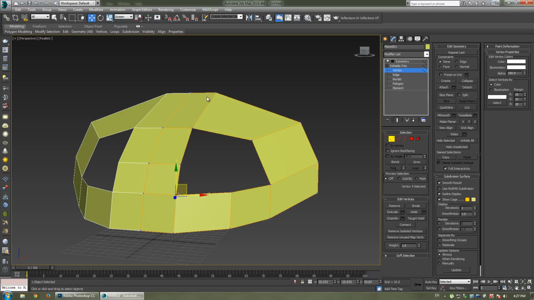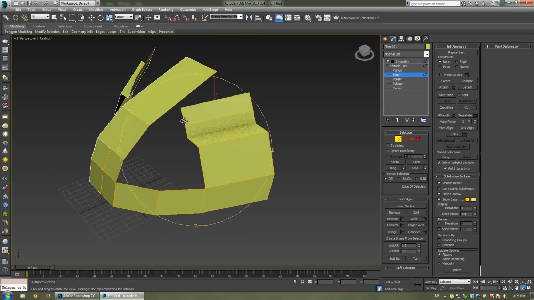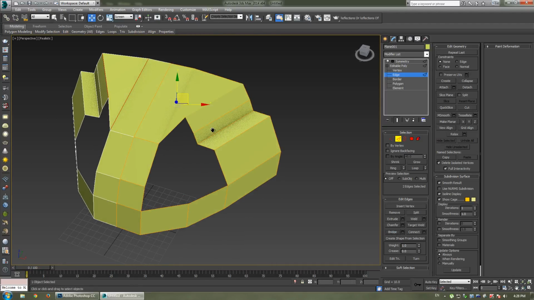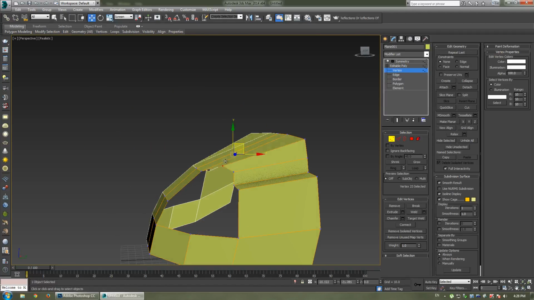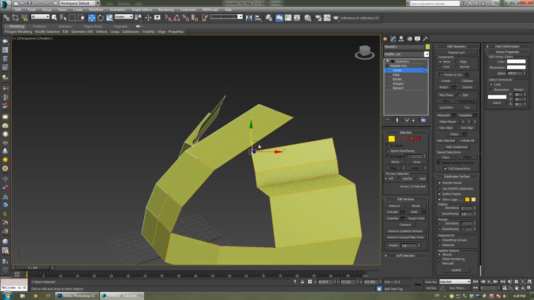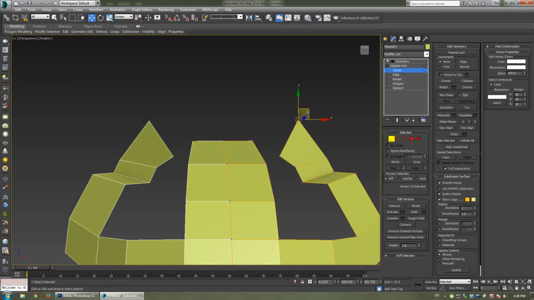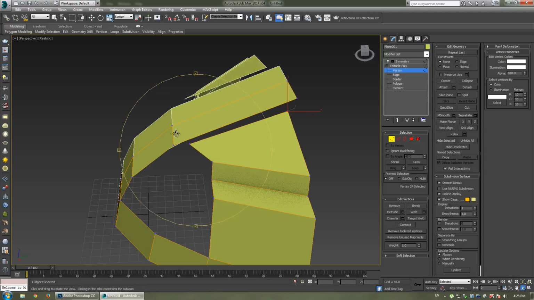So on a very simple mesh, it might be easier to bridge, but there'll be times where you don't know exactly what you want, and you might need to drag in here, for example, and then up, and then we go up again, and then we need to bridge them. But if you don't realize what you want at first, you end up having to move them anyway. So what I like to do is just leave that gap there, and then I might move them into place, knowing that we're still in screen mode here. And then once you've got your mesh where you want it,